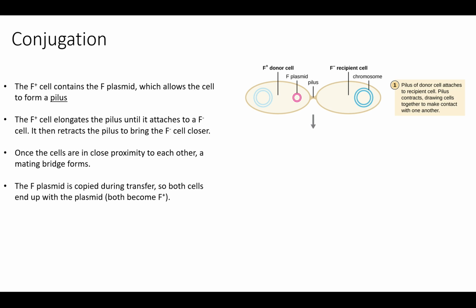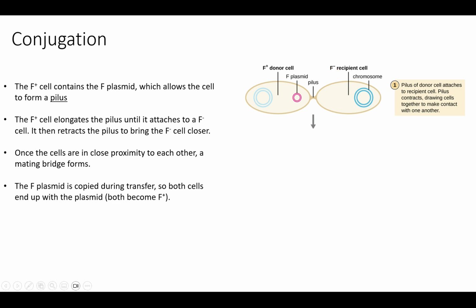transfer of the DNA. So, real quick, I want you to pause this video and think about what are the features of a plasmid? What is a plasmid? Why might this process be beneficial to the recipient cell? Which, if you look closely, the recipient cell is an F minus cell, meaning it does not have the F